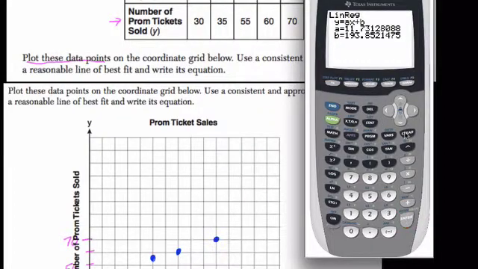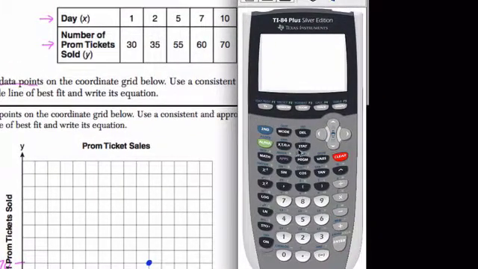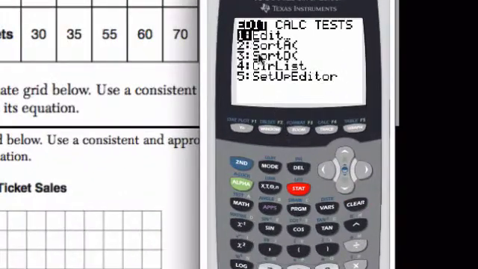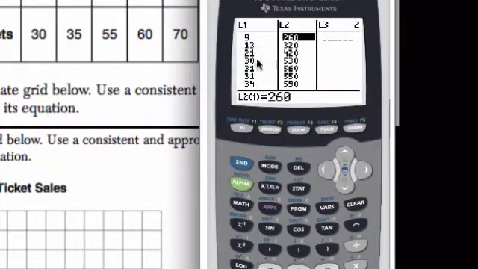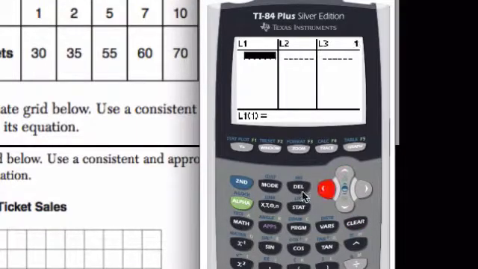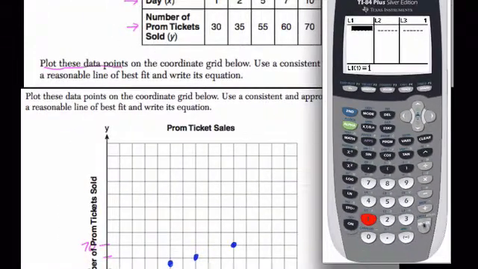So the way it works in the graphing calculator is that you enter things into lists, all right? List of data. So we hit stat, and we want to edit our lists right here. You might have some data there already. All you have to do is go up to the heading, list 1, hit clear, and then press enter, and it clears the data. The same for list 2. We're going to use list 1 and list 2 here for days and prom tickets. Clear and enter. And then we just enter the data in, right? We have 1 day,